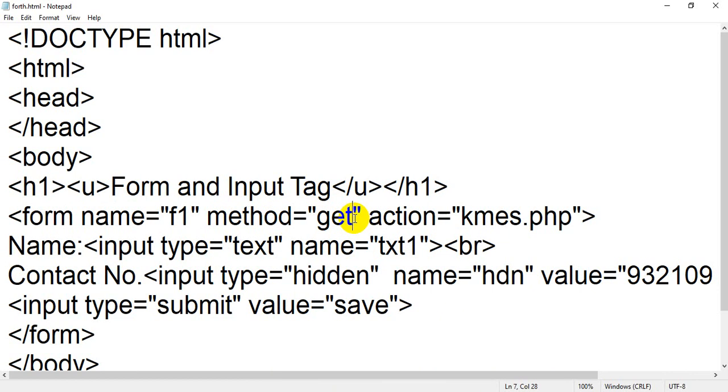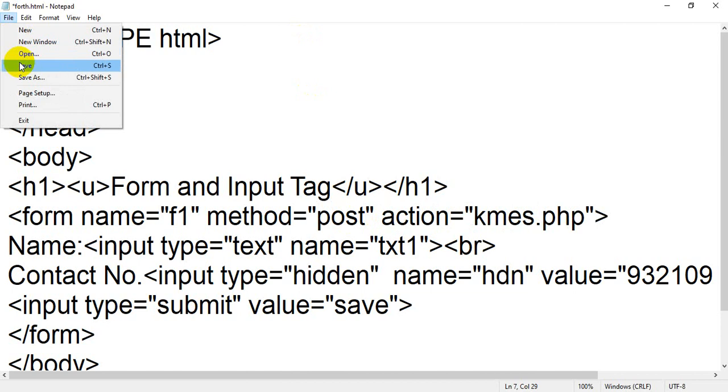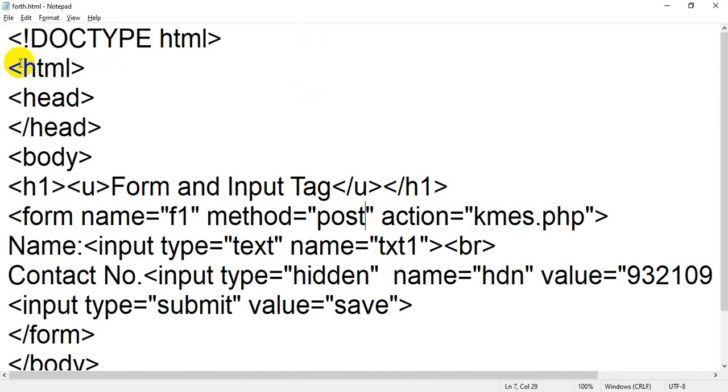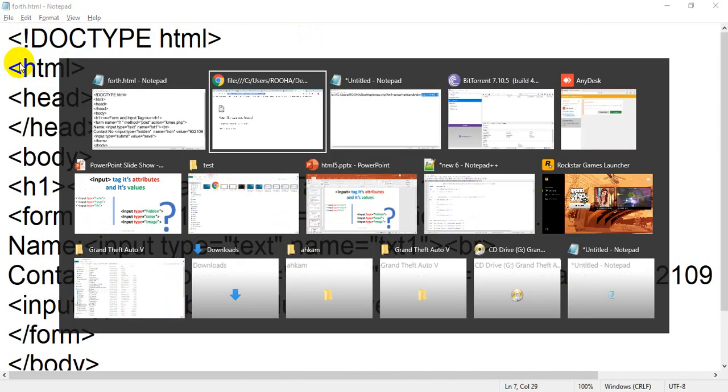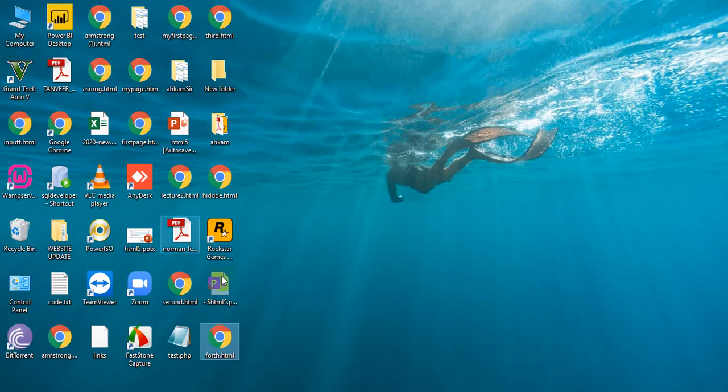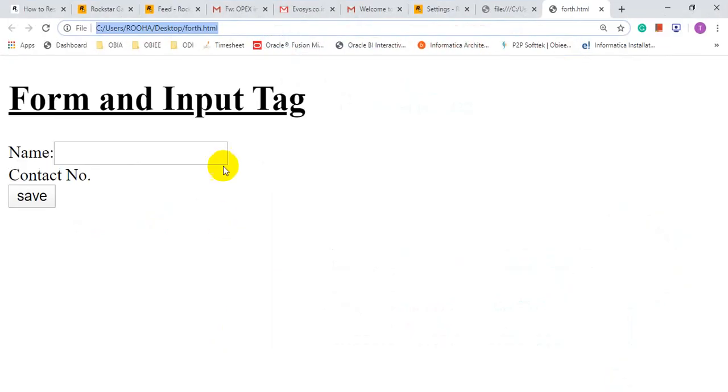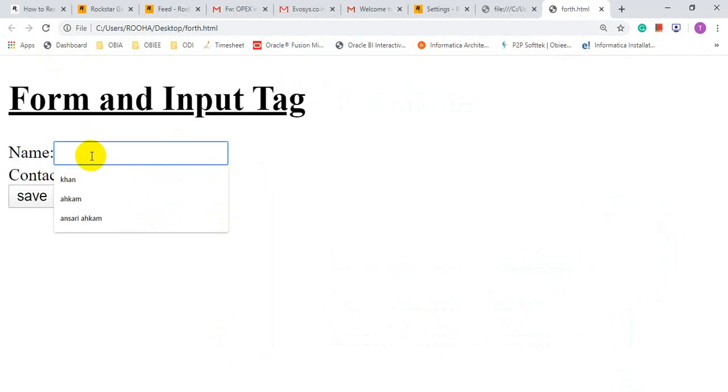If you take the post method, and when you are going to save this file, and when you go back to your browser, I think I have closed this file. Okay, when I refresh this and type anything, for example KMS college, a new name I am going to assign.